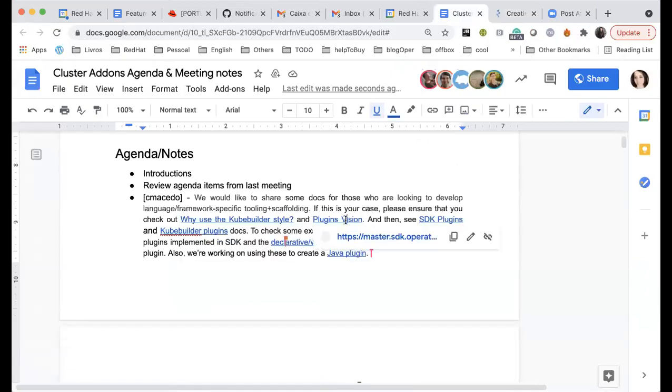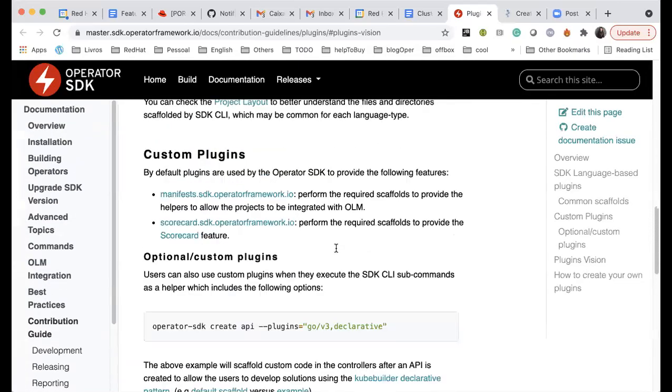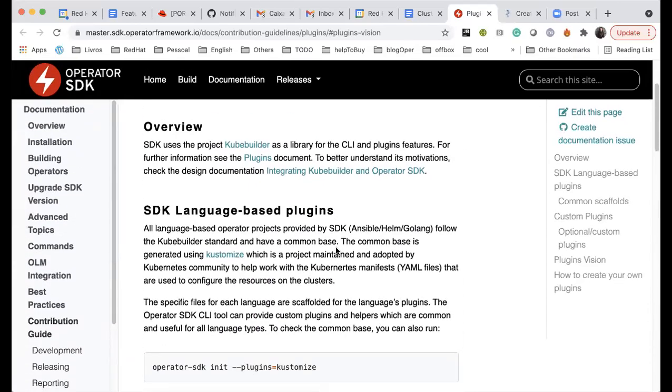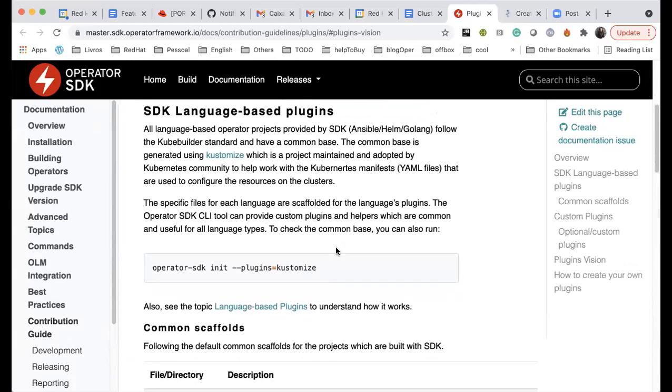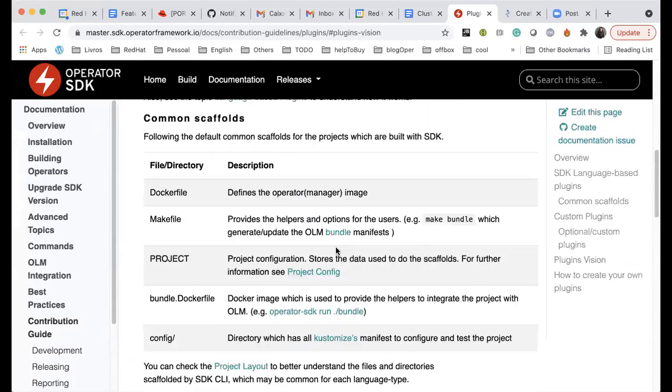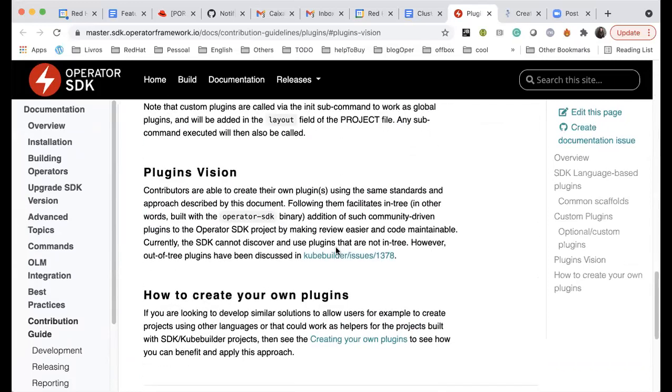Also, if you check this documentation, you'll find how the plugin works, how SDK works for the language-based plugins, and what the plugin's vision is. So one of the ideas that we have for the future is that the CLI would be able to discover the plugins. Now, if you want to have the Java plugin, for example, we need to put this solution inside of SDK. But the idea in the future,